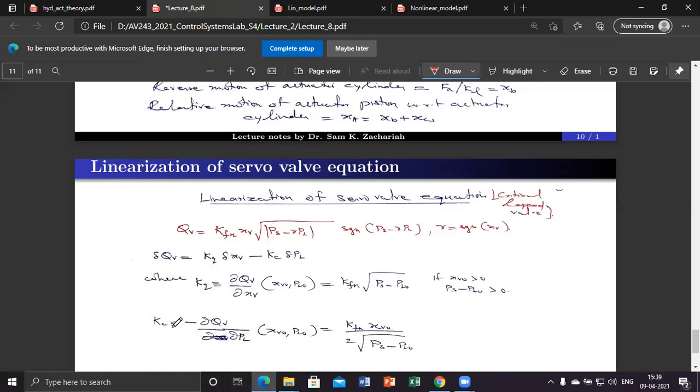So these are the equivalent linearization coefficients we are providing, and then we proceed with the linear equation. Now there is no nonlinearity here. I will show you how we are going to use it in the block diagram. Any doubts so far? Otherwise I will move to the block diagram.